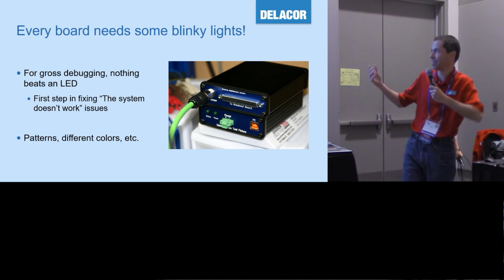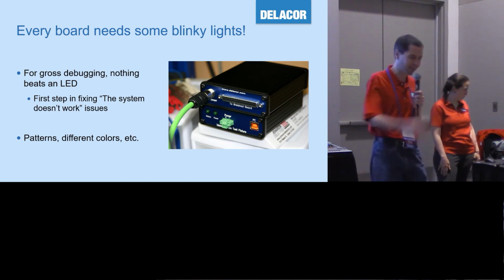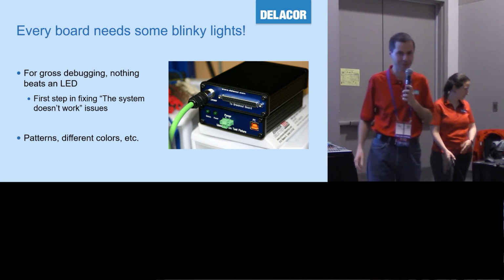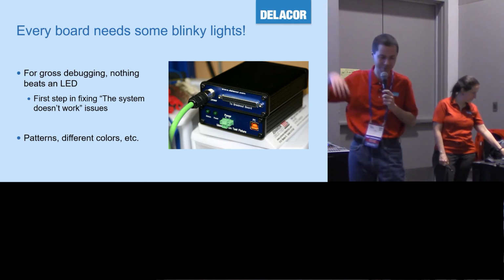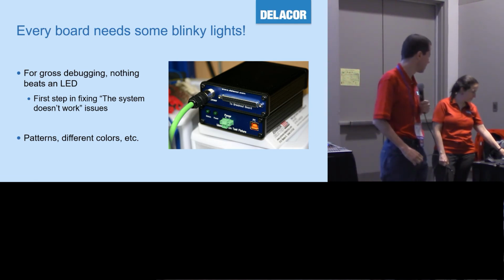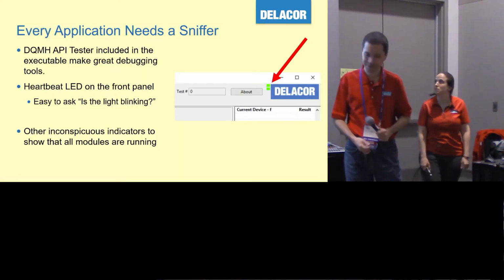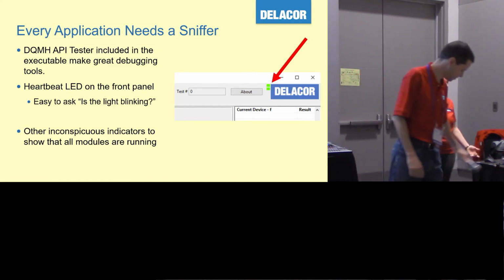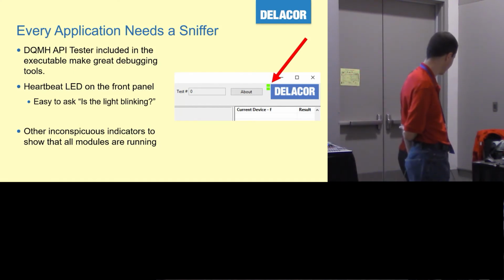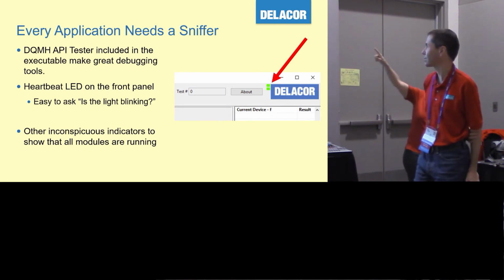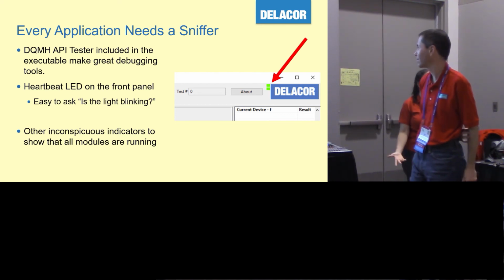So that's really just the first step in debugging when you're not there, which for us happens all the time. We don't have local customers. Everybody is out of play right away. So it's the same thing in software. For example, if you're using DQMH modules, we might have somewhere, either in a hidden window or on the top level, some little LEDs that show if all the DQMH modules are running.